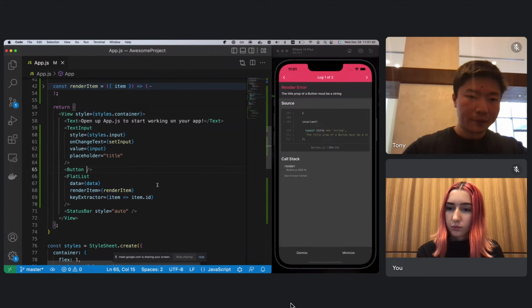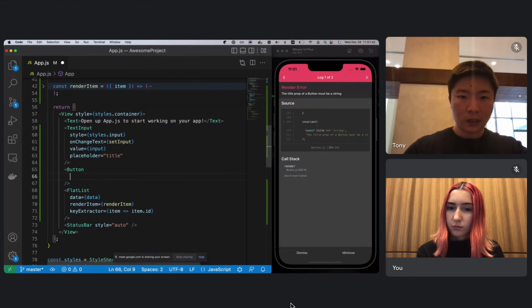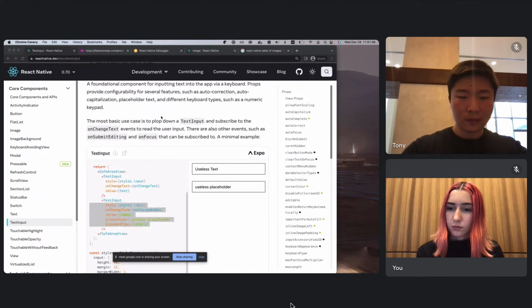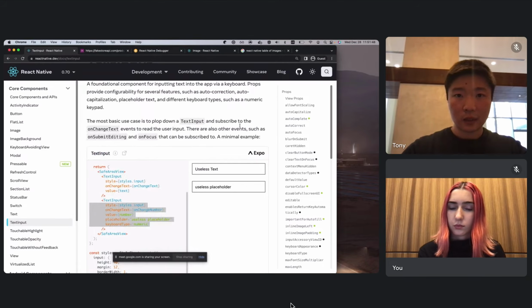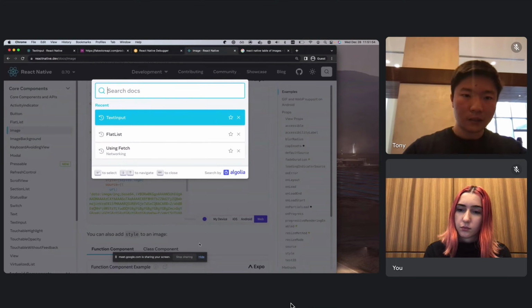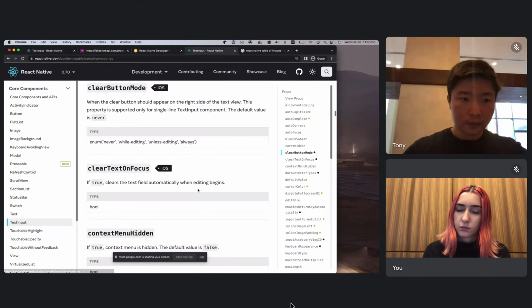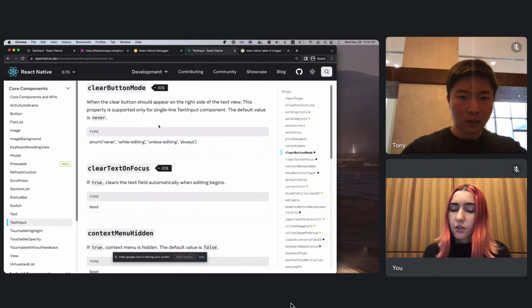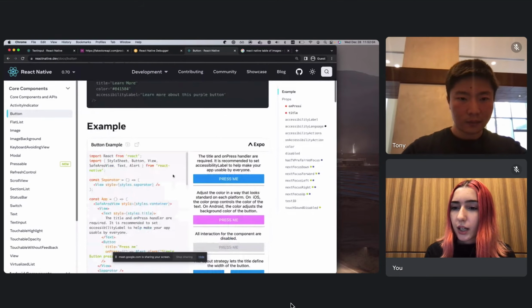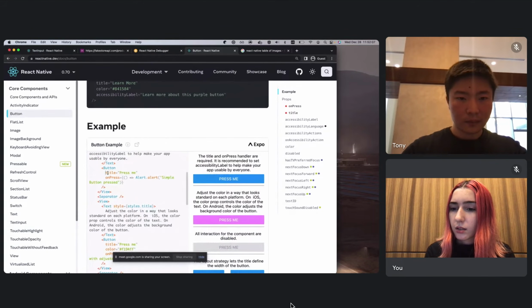So, here for my button. Again, coming back to documentation. Let's look up. Oops. I think you just need to pass the title equals add or something.